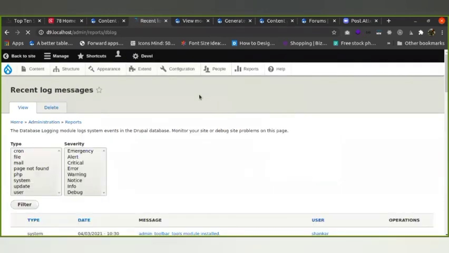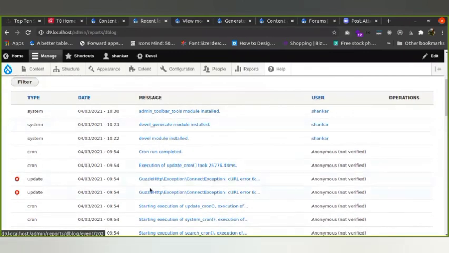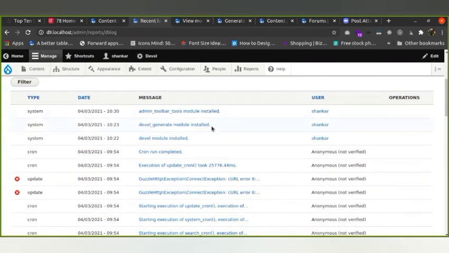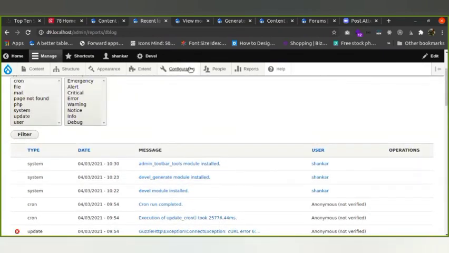From that we can get a reference for why the page is throwing the error. For example, currently we ran the update script on 4th 3rd, and at that time we faced one issue. Likewise, you should navigate here. Admin toolbar was already installed today, so all that information will be logged in this page.